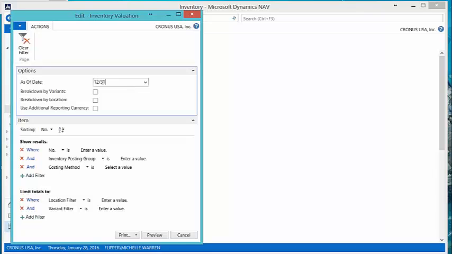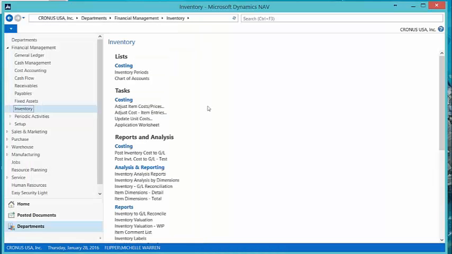So we'll type in the 12/31, and we go ahead and run for the full inventory. Once we run for this full inventory, we then can look back and say, now we must run a task called adjust cost item entries. We will run our adjust cost item entries so that we roll up any type of costing into the standard costing within the vision. Then, again, you'll repeat the same routine and do an inventory valuation again